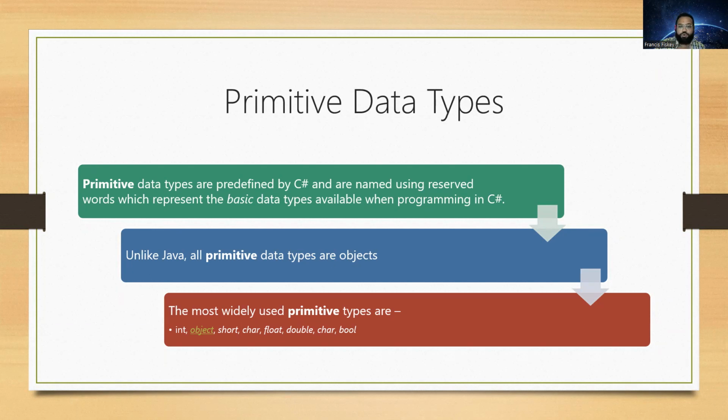Now, some of the most widely used primitive data types that we have in our programming world, and specifically speaking about C#, are our integral data type, which is integer, object, that is a primitive data type, short, long, double, these are your floating point data types. They allow you to have decimal points. Char, which is basically based on the Unicode library or dictionary, if you will, of hexadecimal